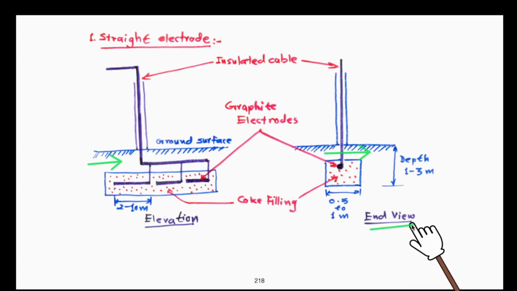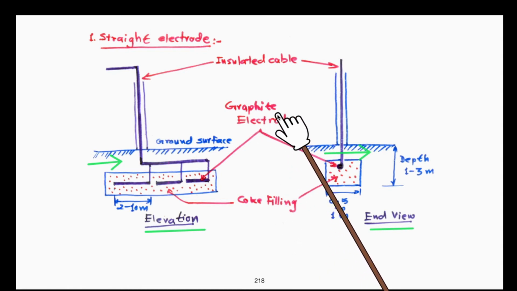So this is the right hand side diagram. This is basically the end view of the electrodes. Okay, end view. This is the elevation. Left hand side is the elevation, right? So of course these are the constructional details. We have to understand that straight electrode,